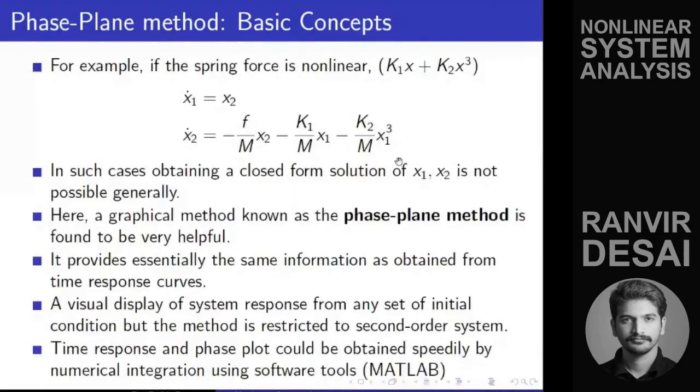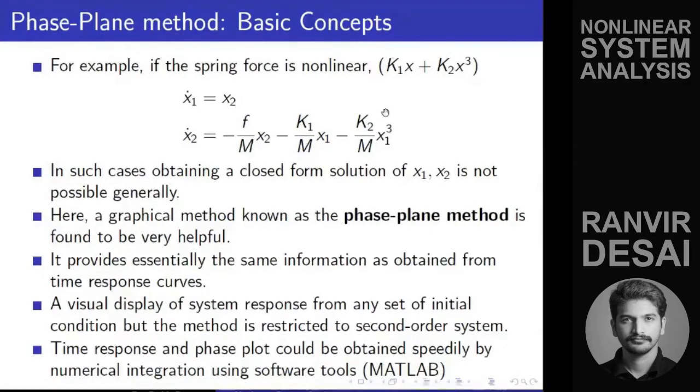But here, in this case, you will not get a closed form solution. You will not get a matrix, basically. First thing is that. Because x2 dot, whatever you write, will be the second row in the A matrix. You will have minus k1 by m into x1 minus f by m into x2. But how will you represent this term in the A matrix? You cannot. So the state space treatment fails here.